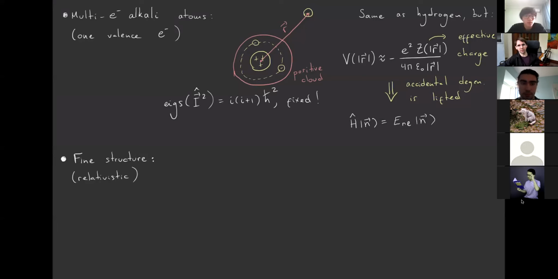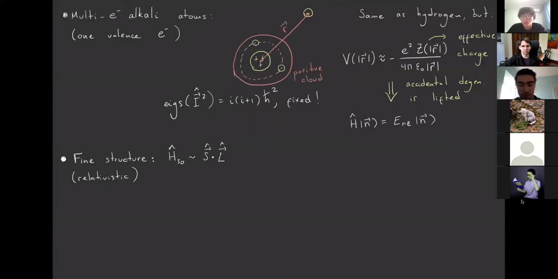And of course, these relativistic effects mean that the kinetic energy will no longer be p squared, but it will be receiving a correction of order p to the 4, for example. But here I want to discuss another one, which is the so-called spin-orbit coupling. So some relativistic effect provides a correction to the Hamiltonian that is of the following type. It is of the type that the spin degree of freedom of the electron couples in this form with the orbital